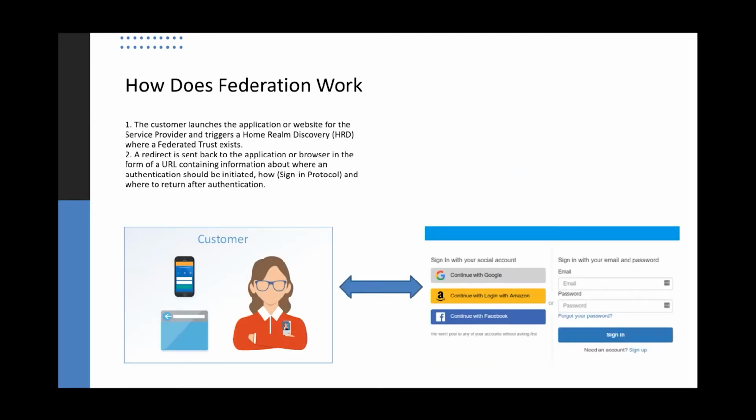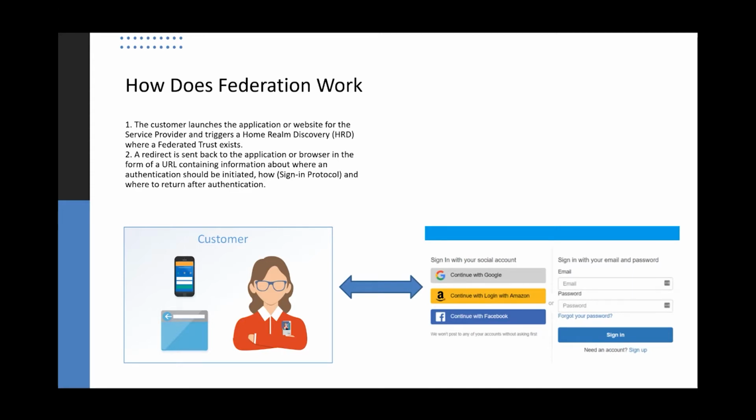So I'm just going to talk you through the various phases of the federated authentication and what's actually happening behind the scenes. So in this example, my customer comes to my website, and the first thing that we're doing is performing some form of home realm discovery. So I want to know where my user's identity exists, and then that's going to allow me to redirect